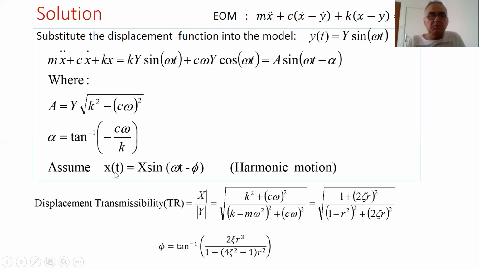Okay. So we will again assume that the solution of this system is another sine wave with a different phase shift. Here it was alpha, now we have a phi. So we have a harmonic motion again, and we can solve for this. It's not too hard. Actually, we just substitute this into our ordinary solution, as we have done before. And as you do that, the ratio of x to y, x is the amplitude of displacement, y is the amplitude of the base motion, you get such a term, k squared over c omega squared, etc. And then